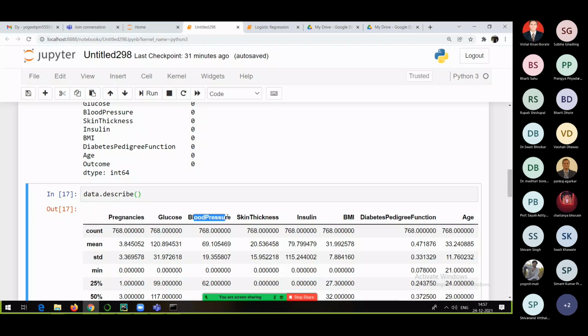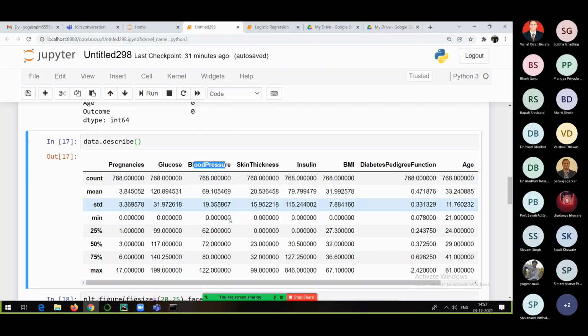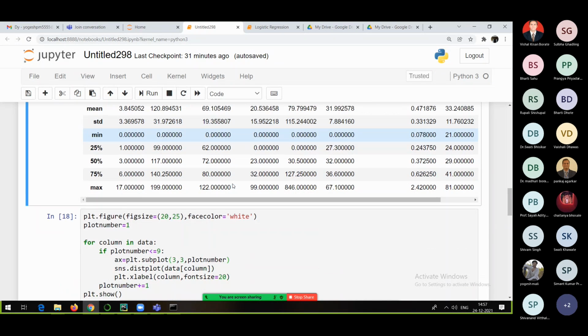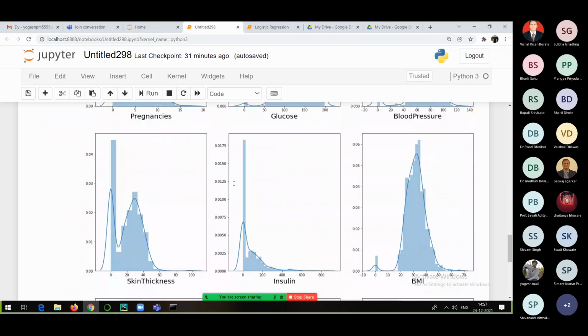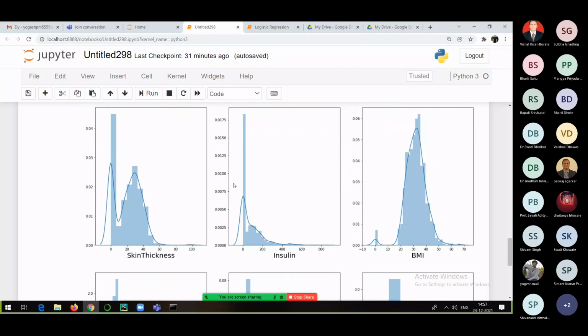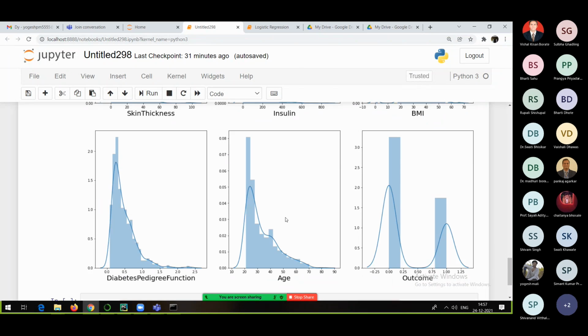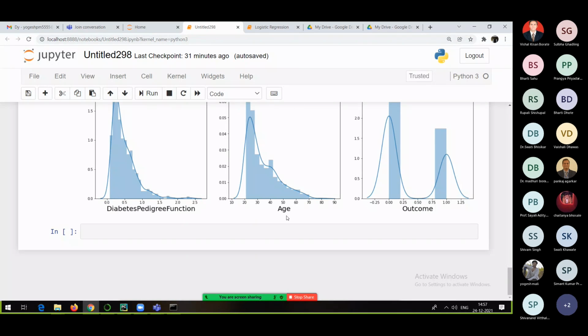So let's try to deal with this particular data. We can either remove such data or replace it with the respective mean, the average values. But as there are a lot of zero values, we'll do the replacement, because if I directly delete them, I might lose a lot of data. That's why I will not delete those records. I will replace these values.